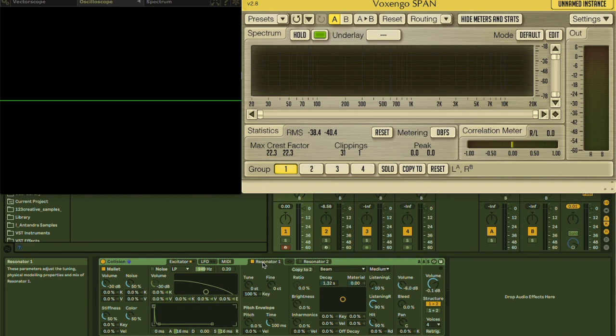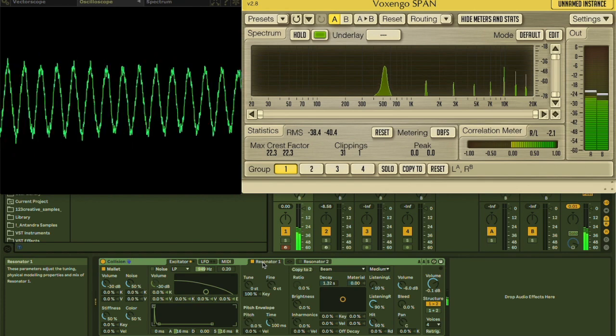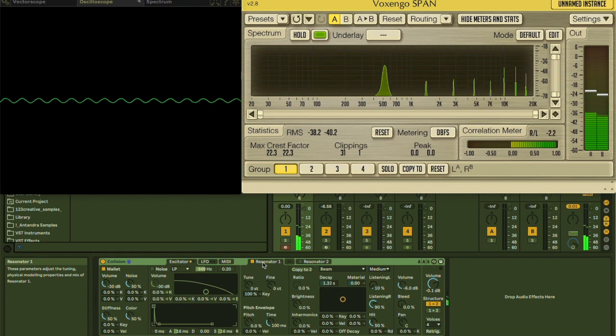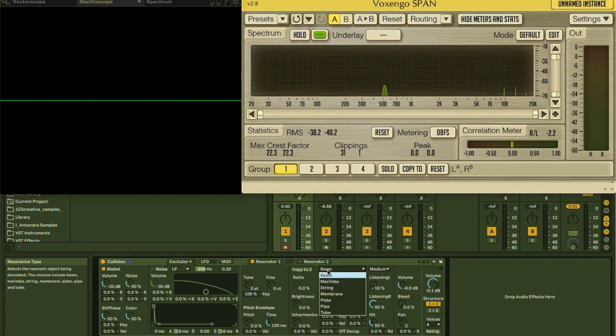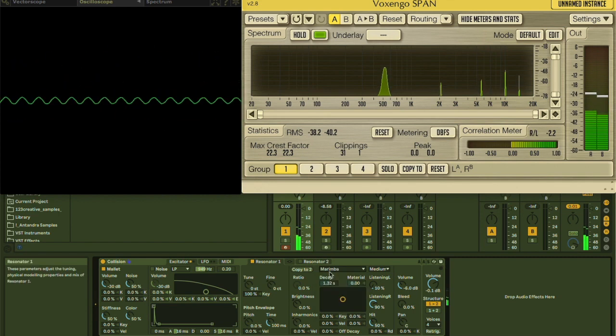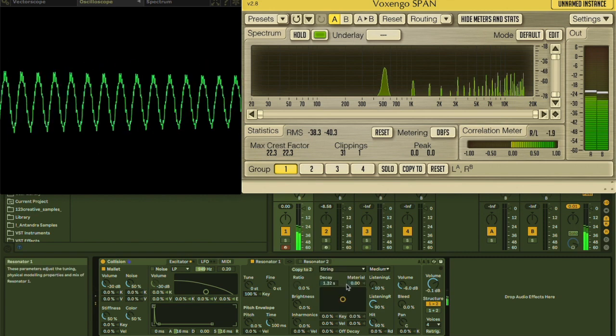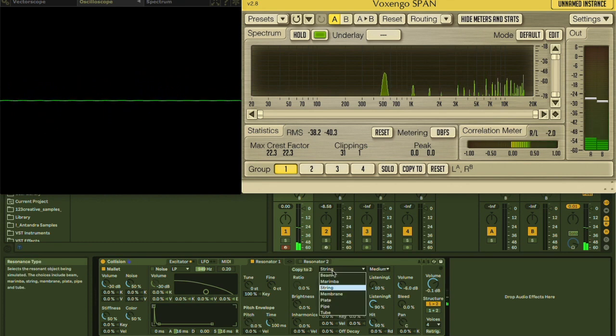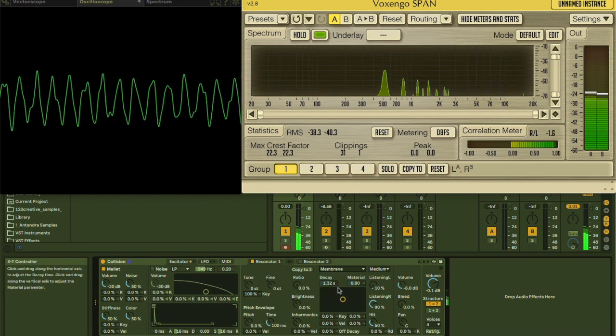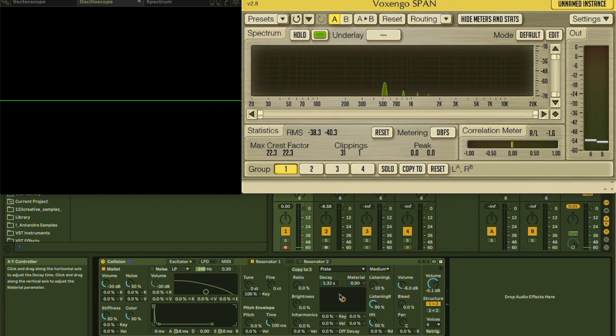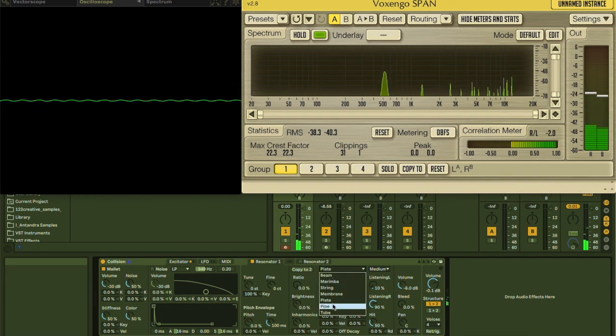And this is the default preset, so when I play a note, it sounds kind of bell-like in a way. And it's on this beam setting, so if I were to change this to, say, marimba, then we have a different type of sound there, and if I go to string, yet another type, and then membrane, plate, pipe,